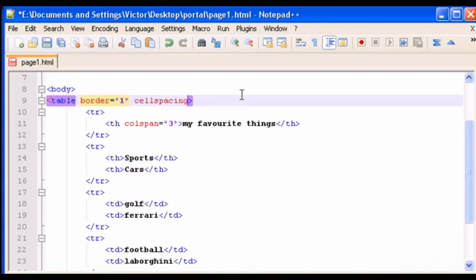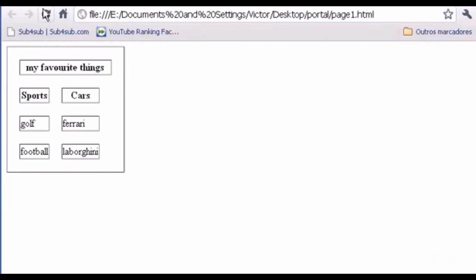use cell spacing, and let's give it a cell spacing of 20 pixels. So cell spacing 20 pixels, save it, open the browser, click refresh, and okay, something is different. The difference between cell padding and cell spacing is that cell padding will change the size of the cell